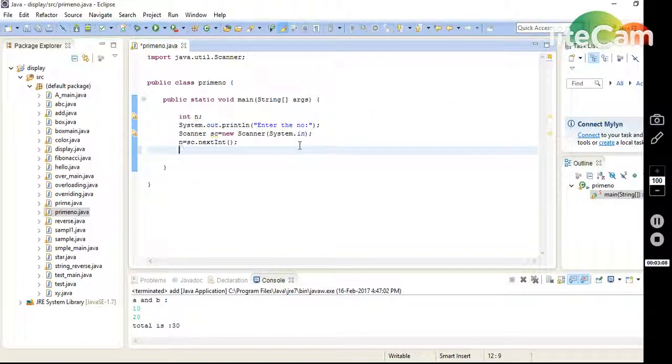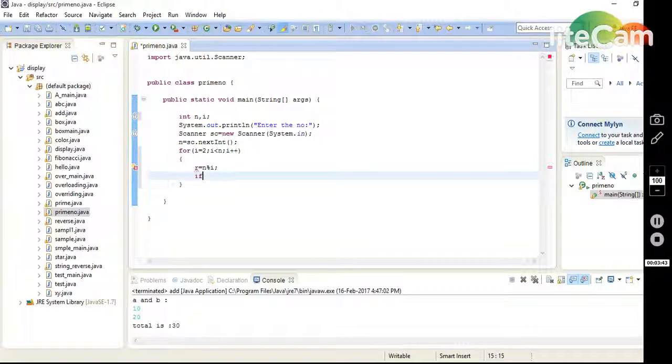So for checking the prime number, it needs one loop: for i = 2, i < n, i++. First we write the code, then I will give you all the explanation of this code. r = n % i. We have to declare r = 0. We assign the value